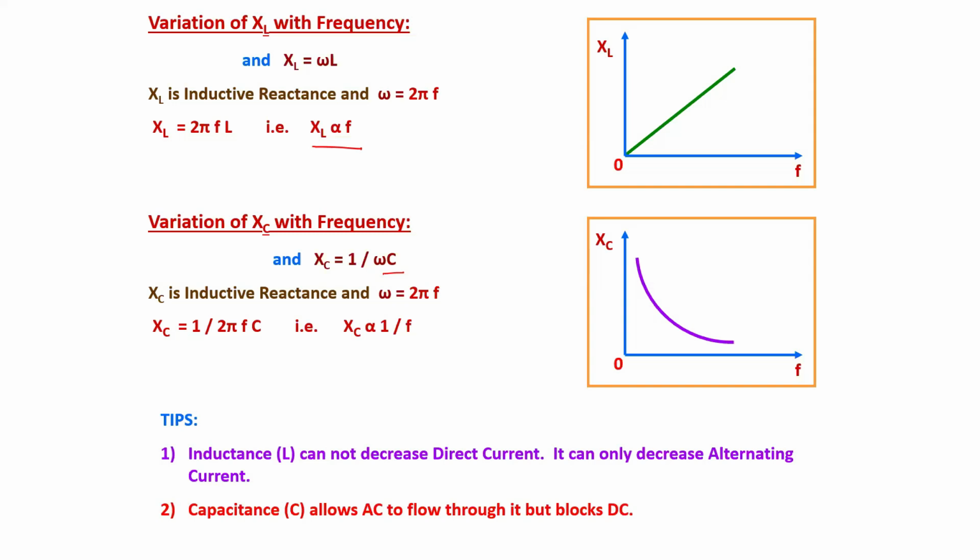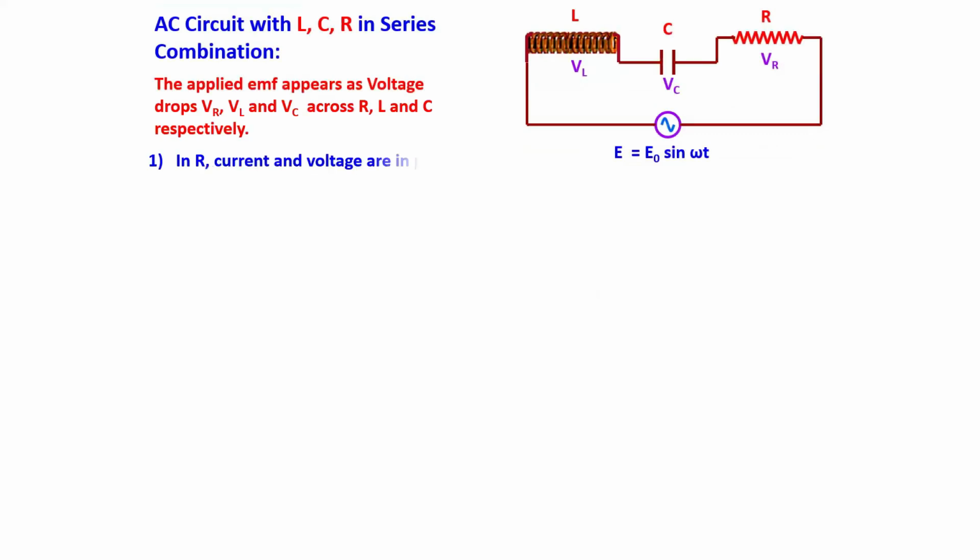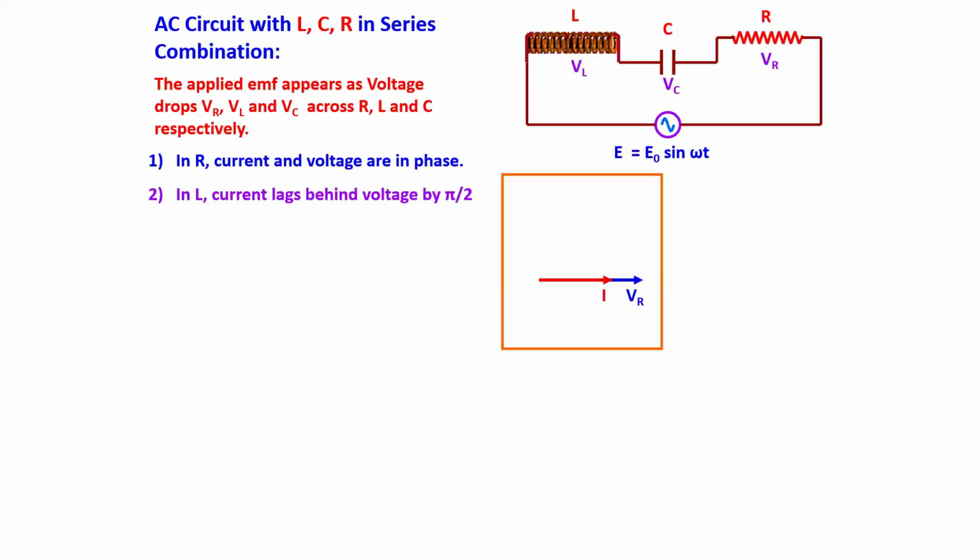So now we are going to see what will happen when L, C, R, everything is in a series combination. Before, we studied what will happen to the current and the EMF when the resistor is alone connected, when the capacitor is alone connected, when the inductor is alone connected. Now we are going to study what will happen to the values when everything is connected in a series connection.